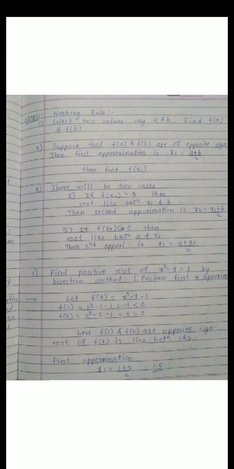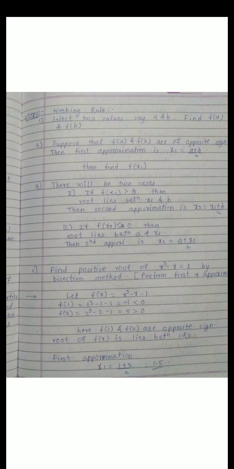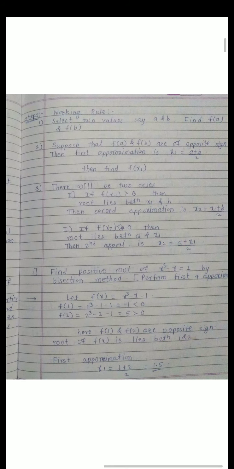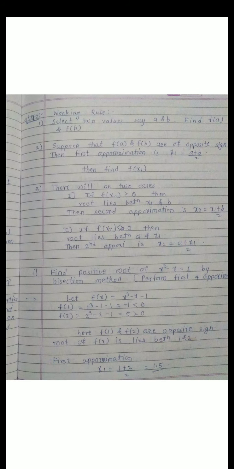Because if f of a is positive, then f of b is negative, as they are of opposite signs. Here f of x1 is positive and f of b is negative, so by the intermediate value theorem our root lies between x1 and b, and our second approximation becomes x2 is equal to x1 plus b